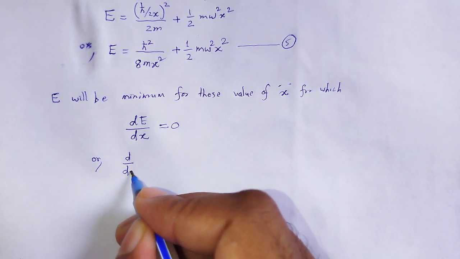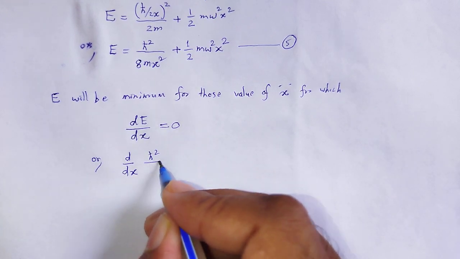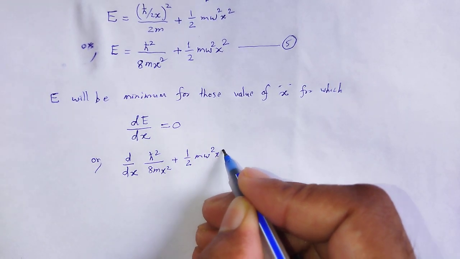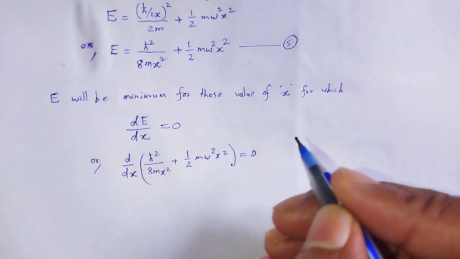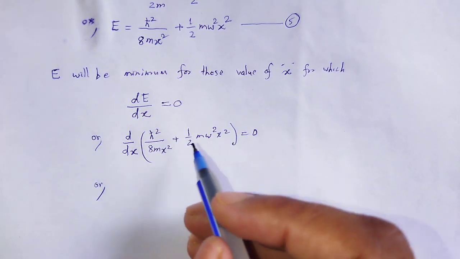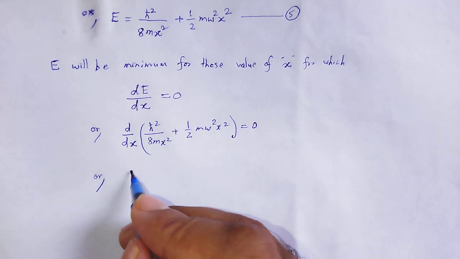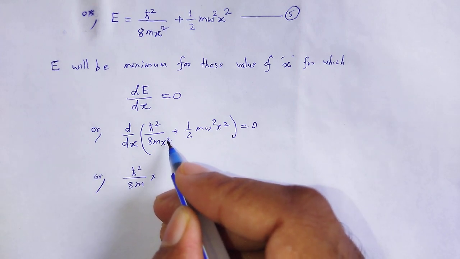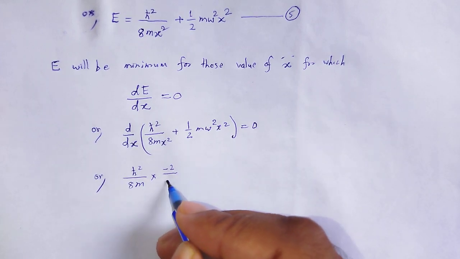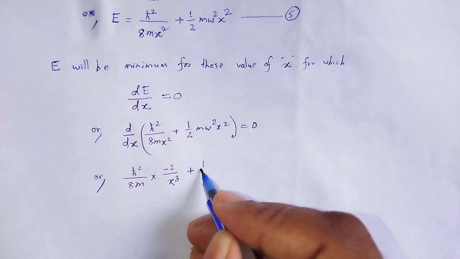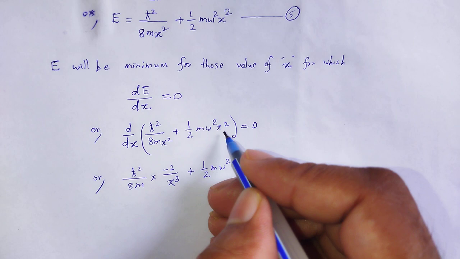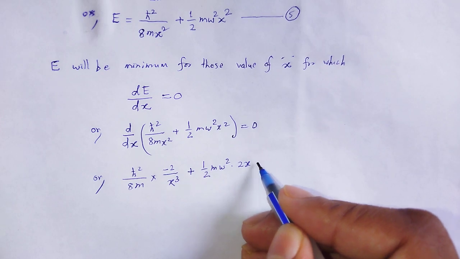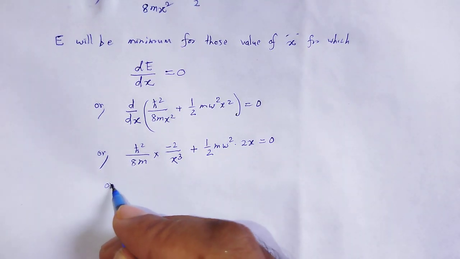So, d by dx of h cut square by 8 m x square plus half m omega square x square is equal to 0. Differentiation of the first term gives h cut square by 8m, 1 divided by x square, that is minus 2 divided by x cube, plus half m omega square, differentiation of x square with respect to dx, that is 2x, is equal to 0,